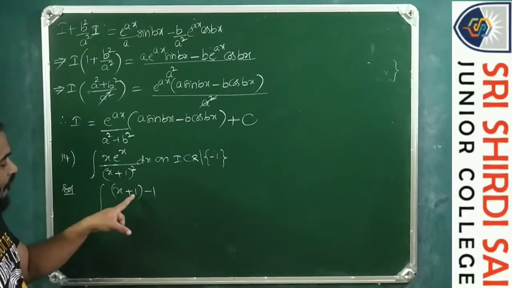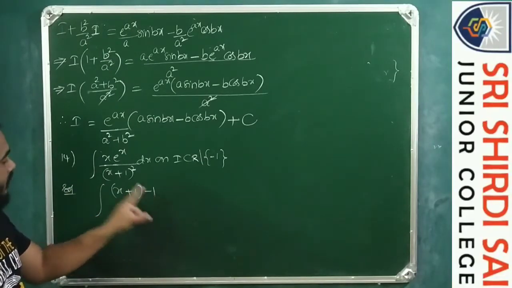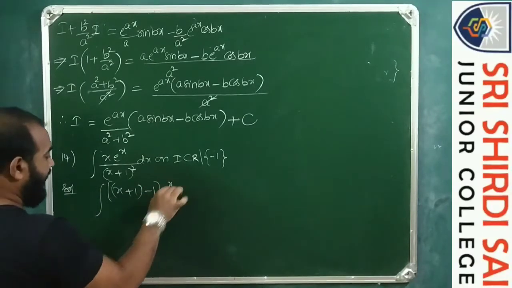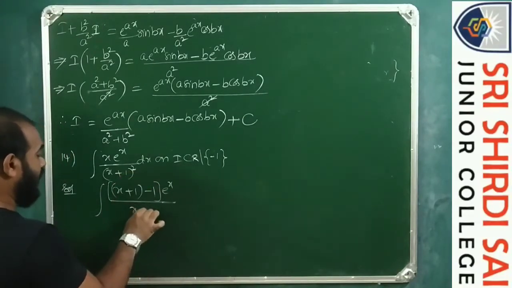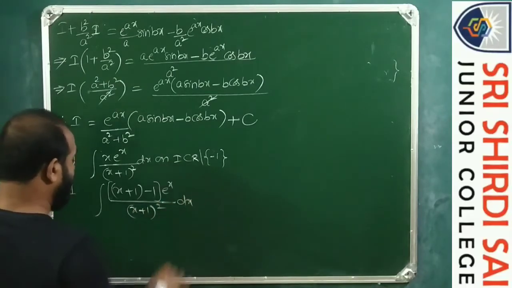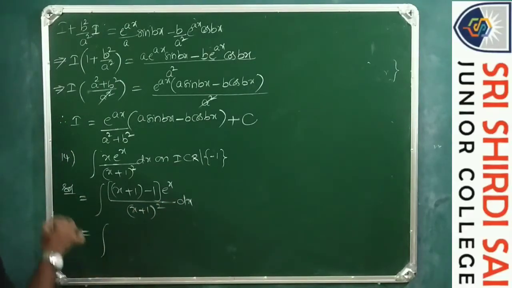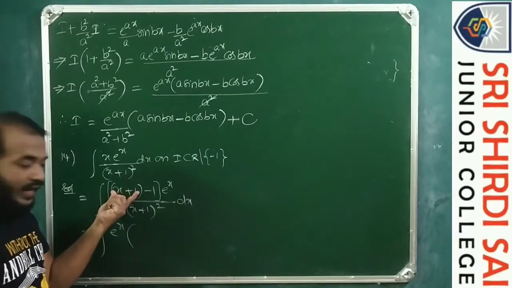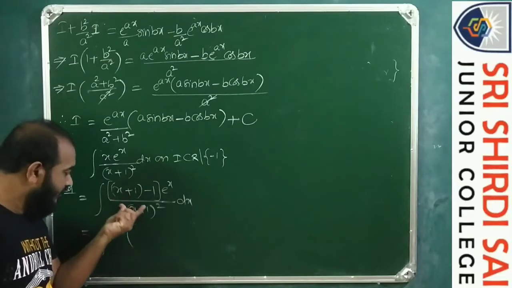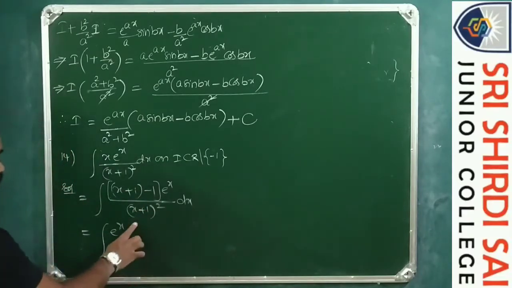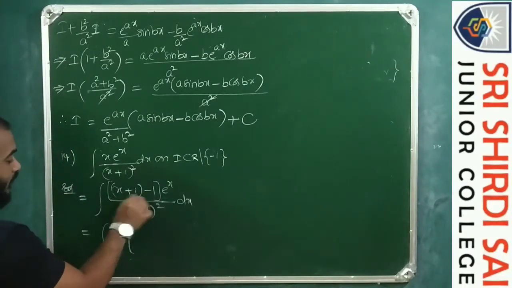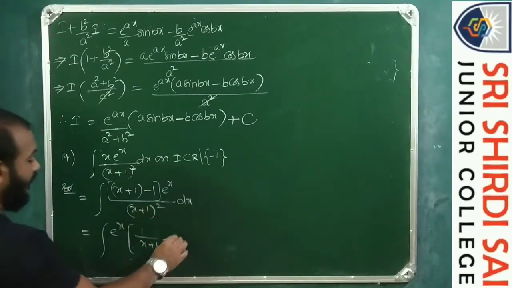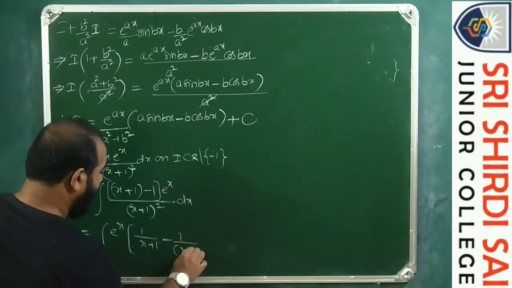So I am adding and subtracting 1, then we'll get e power x by x plus 1 whole square dx. So this is equals to e power x into, a minus b by c, x plus 1 by x plus 1 whole square, is 1 by x plus 1 minus 1 by x plus 1 whole square,